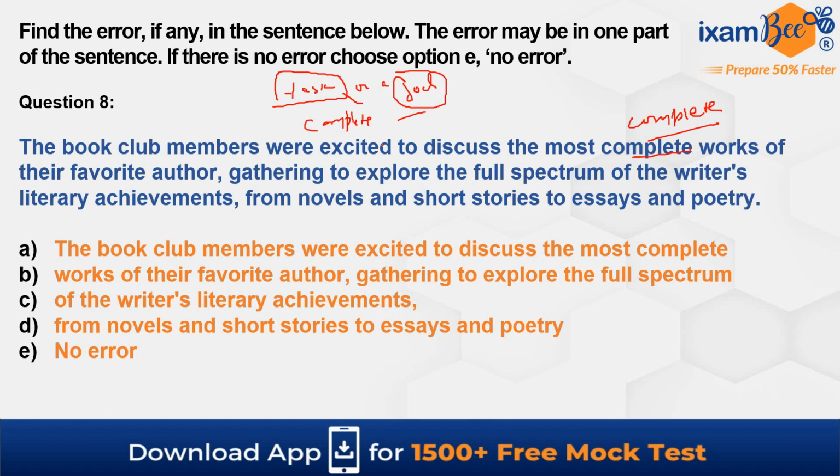So if something is completed, it is completed. It cannot be completed more or it cannot be completed most, right? You understand, right? For example, if I ask you to count from 1 to 100,